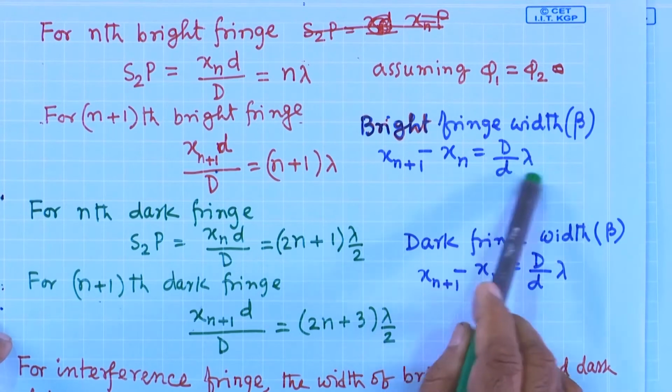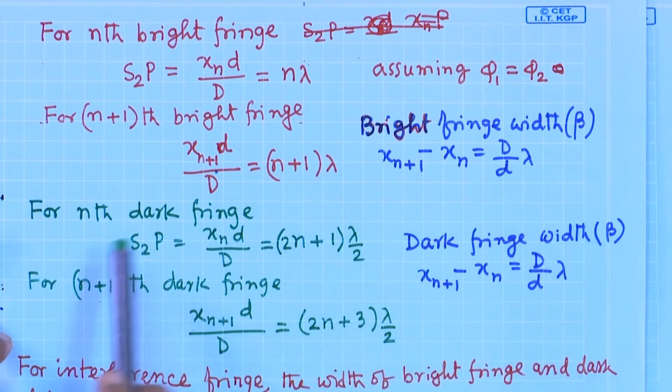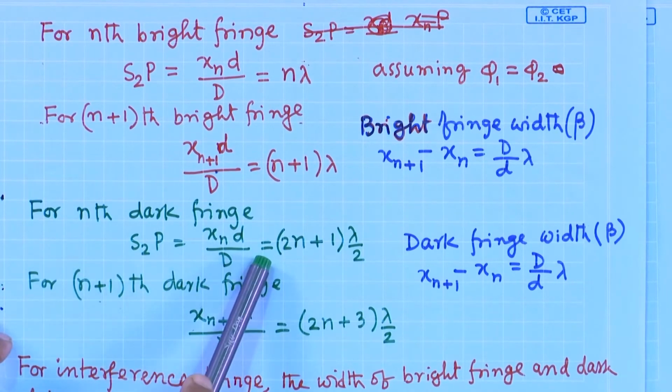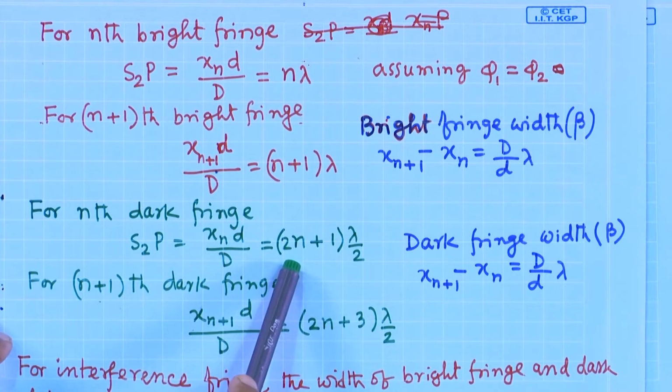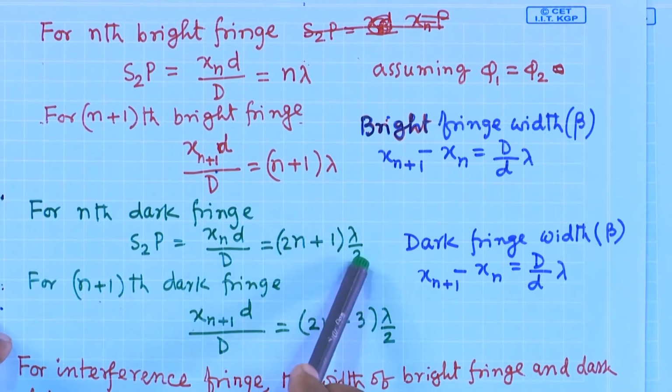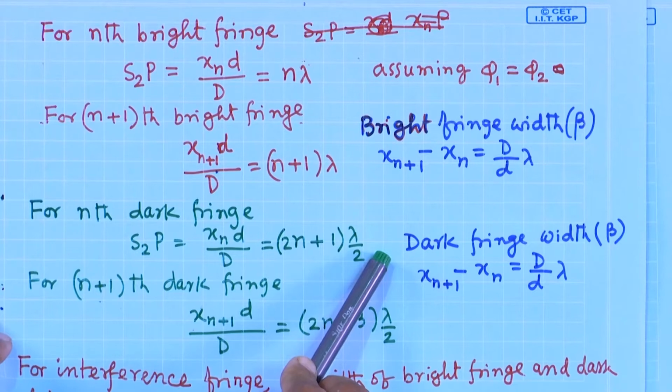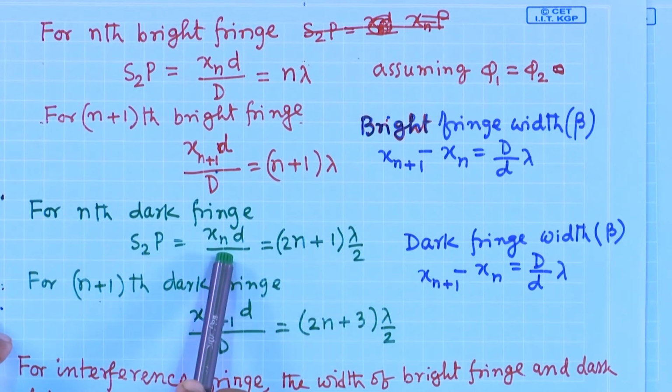Okay. So this is the fringe width. Similarly, for dark fringe, this relation is 2n plus 1 lambda by 2, or n plus half lambda. Okay. So for the nth dark fringe,